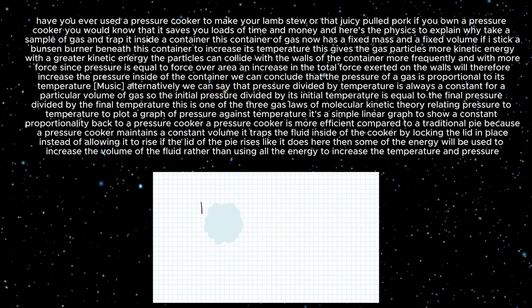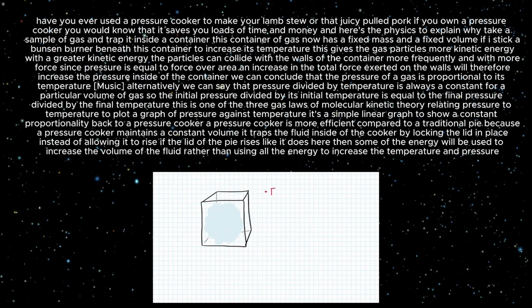Take a sample of gas and trap it inside a container. This container of gas now has a fixed mass and a fixed volume. If I stick a Bunsen burner beneath this container to increase its temperature, this gives the gas particles more kinetic